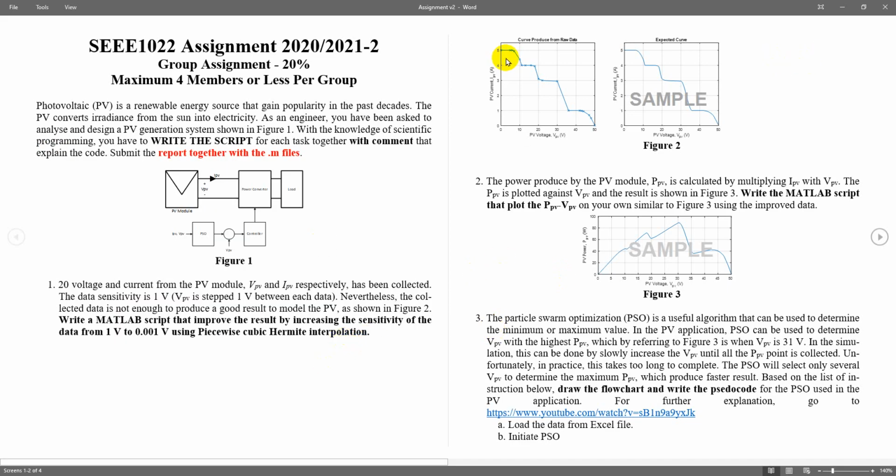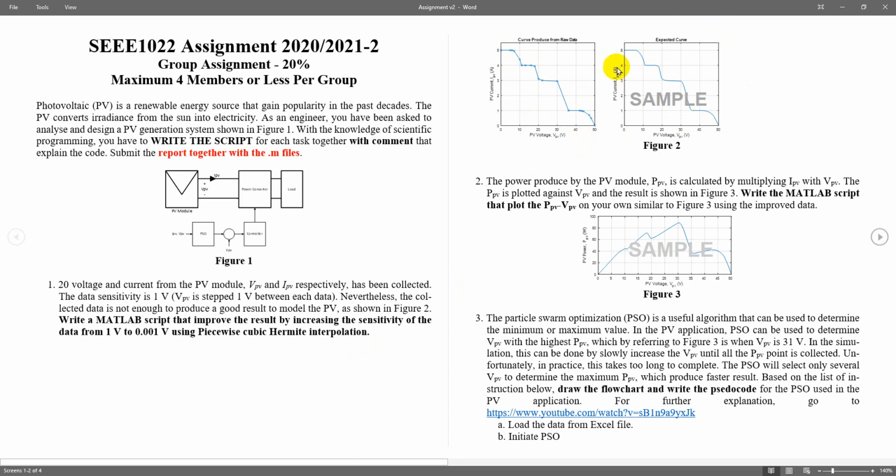The original data is here, which is highly incomplete. You have only several data points, not at 1 volt sensitivity, but actually a very bad data collection. From this data, using piecewise cubic Hermite interpolation, you will get this data.